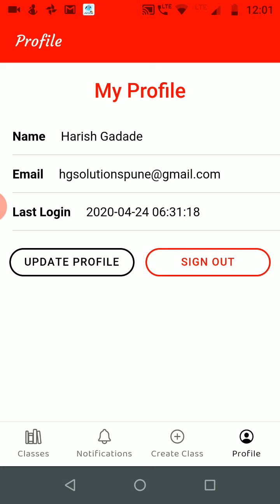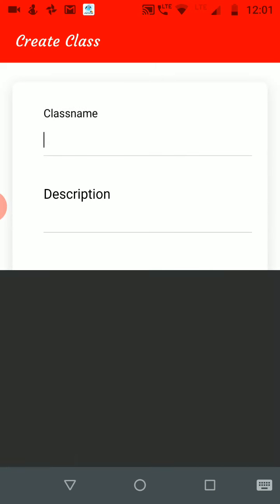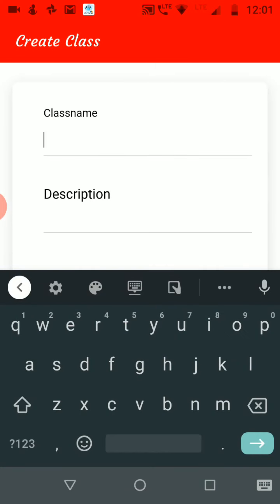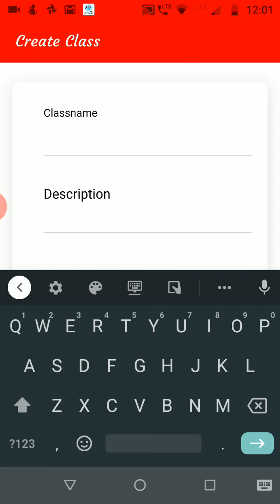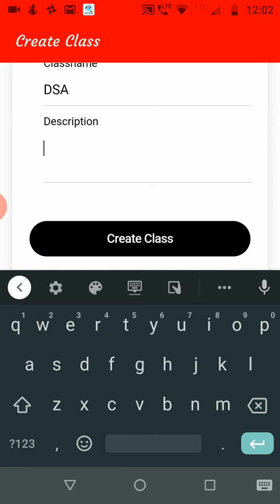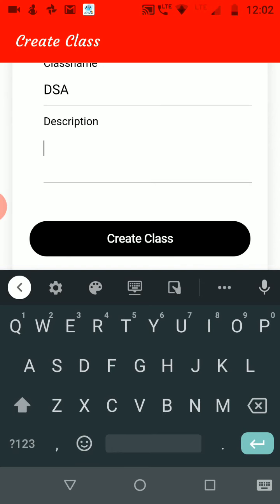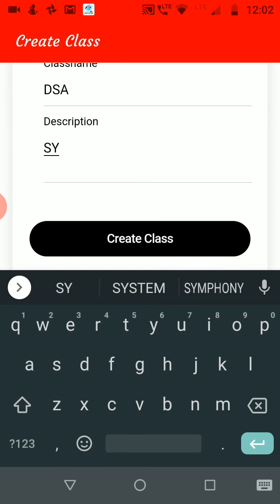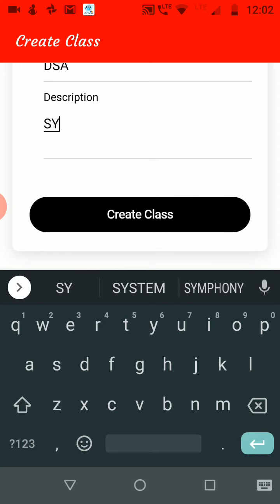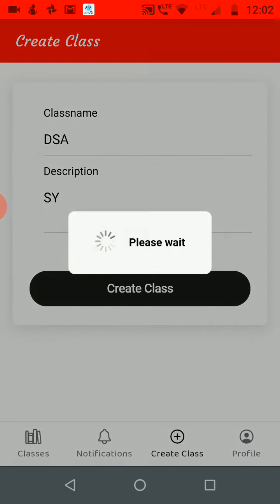At the bottom, the third option is to create a class. Suppose I'm creating a class for the subject DSA, and you can put some description like SY, and simply press create class.